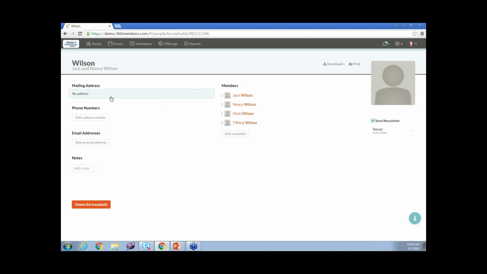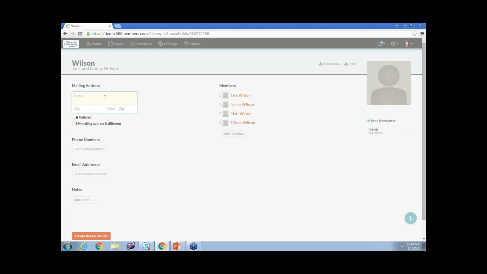On the left-hand side of the screen, it's going to start out with your mailing address, and this is going to be in the body section of the view. And you can say no address, and if you click on no address, that allows you to enter the address into the system. So I'm going to enter in a bogus address here, so I'm going to say 1234 Street in St. Louis, Missouri,